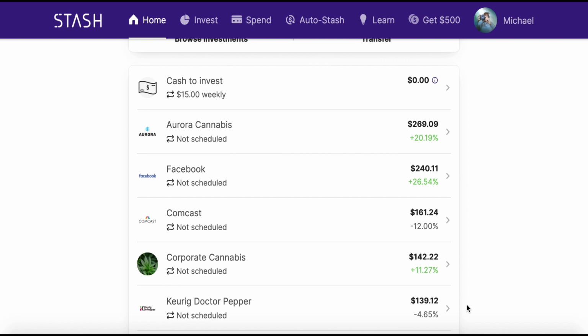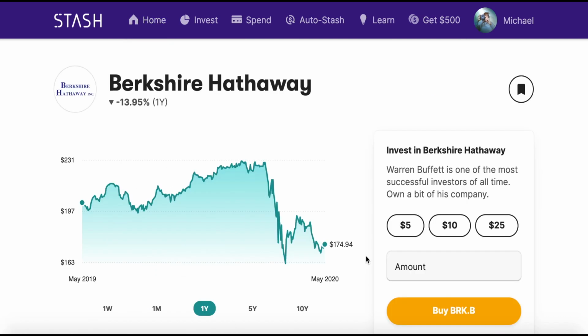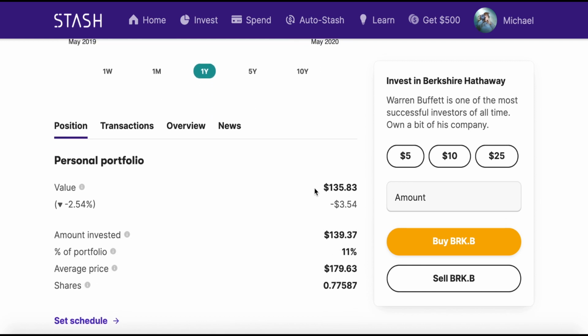After looking at Keurig Dr Pepper, we move down to Berkshire Hathaway. Now I'm still down a little bit on this position, and I actually purchased a little bit more this week in Berkshire Hathaway. So as we scroll on down here, we can see the current value,